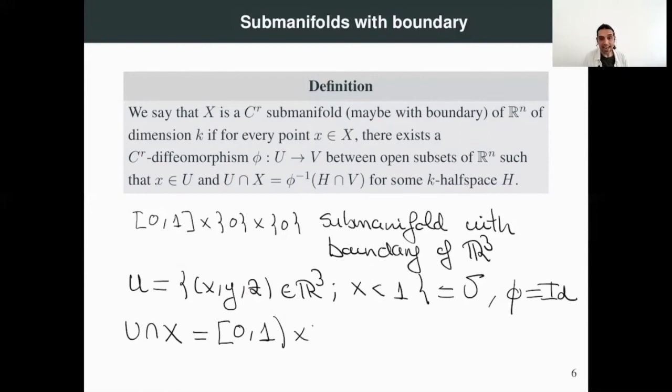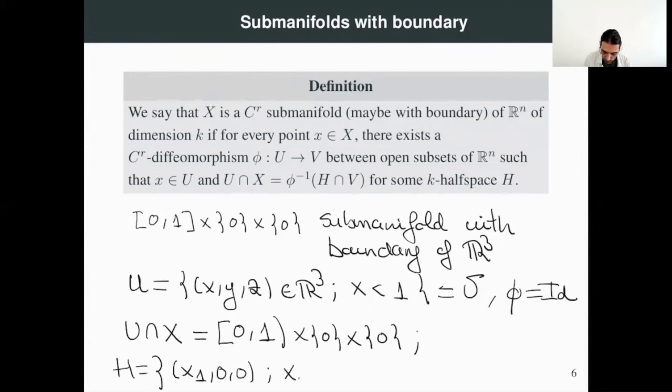What would be H in this case? H is just, okay, let's see if I can write it here. H is the set of points of the form (x1, 0, 0), where x1 is greater than or equal to 0. Okay? And this is indeed a one half space